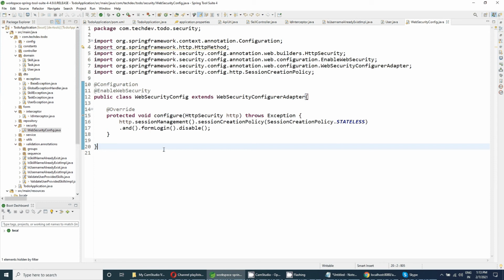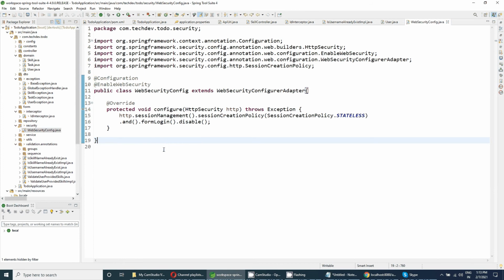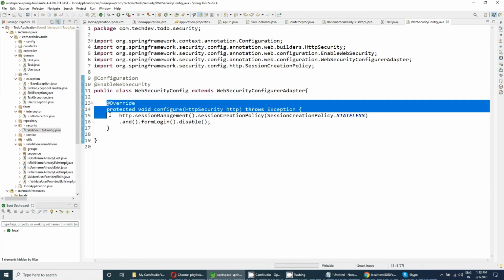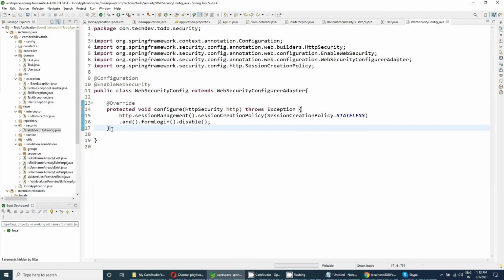And in this video I will show you that even if we have configured the HTTP security, we have not yet configured the authentication part: how a request will be authenticated, who will authenticate it, and where the username, password, or whatever kind of authentication you want will be provided.